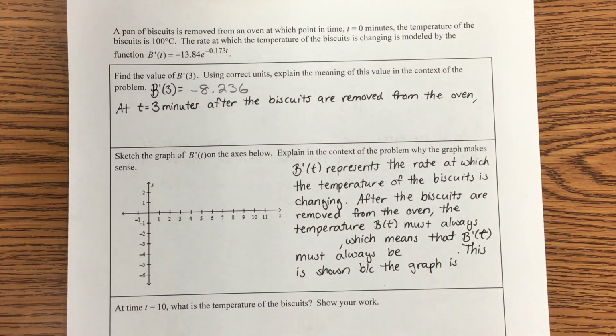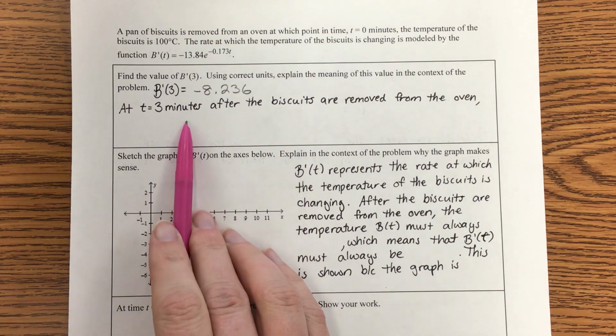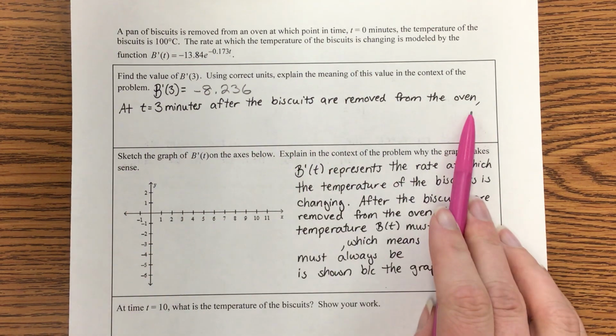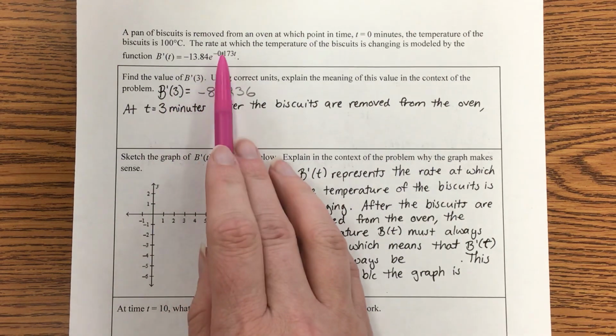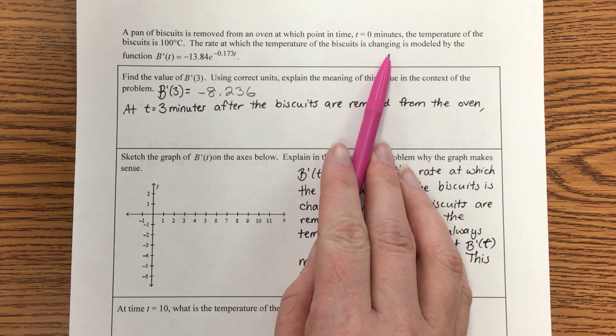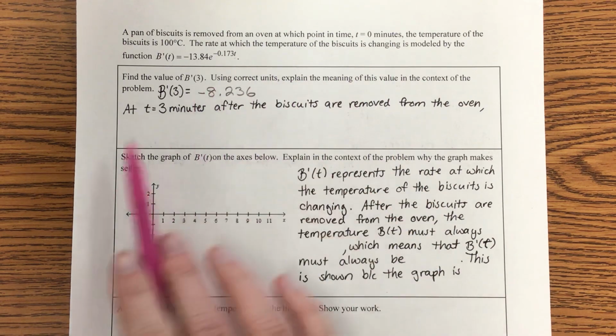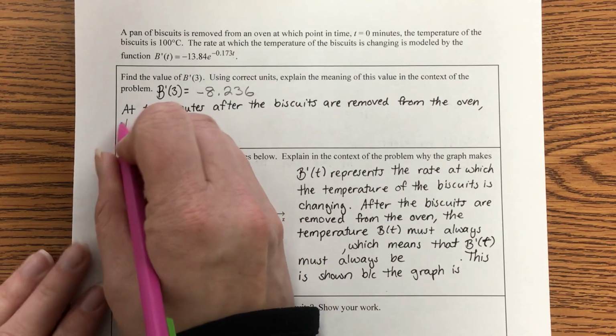Okay, so what does that mean? The 3 means time is 3 because 3 replaced a t. So t equals 3 minutes after the biscuits are removed from the oven. B prime of t was the rate at which the temperature of the biscuits is changing. Okay, so in our sentence, we're going to say the temperature of the biscuits